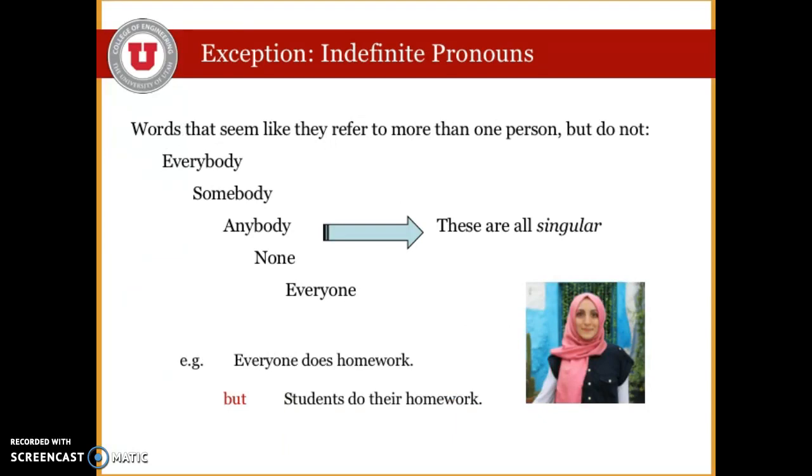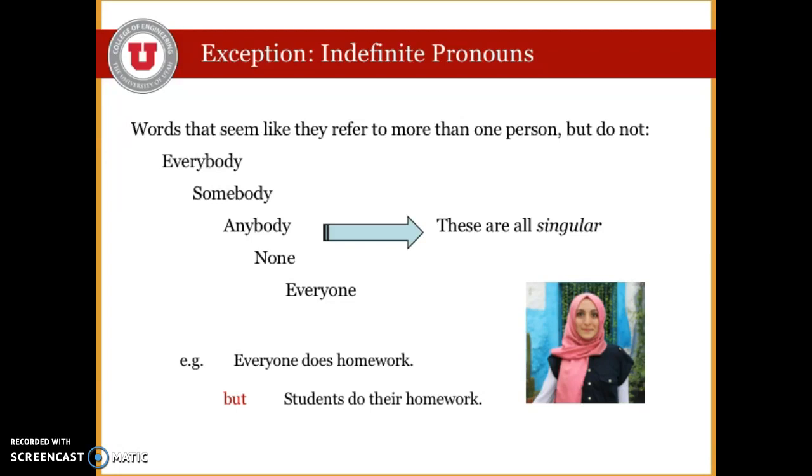This is sort of an exception, sort of also just another tricky case. It is the case of indefinite pronouns. These are words like everybody, somebody, anybody, none, everyone, which refer to a collective, many people at once, or a hypothetical person, or no people, and these are all treated as singular subjects. So everyone does homework,